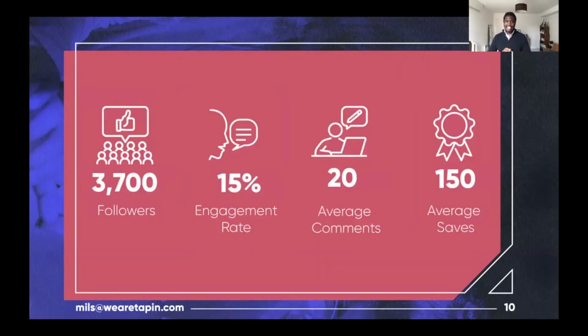So here's a breakdown of the kind of community that we've built. What are the statistics and what are the figures behind this community that we've built? So 3,000, I think now I mentioned 3,800 plus followers in the space of 4 weeks. An engagement rate of 15%, where the industry average for pages very similar to us, I think across Instagram, is between 1% and 3%. 20 comments on average. So each post will get an average of about 20 comments. And 150 saves, which means 150 people are actually clicking on the content and saving it because they want to view it later, or they want to share that piece of content with somebody else.